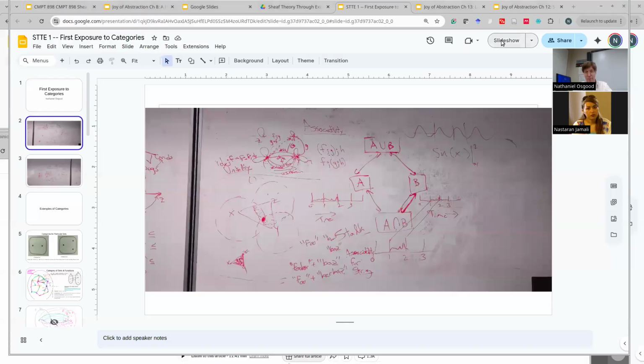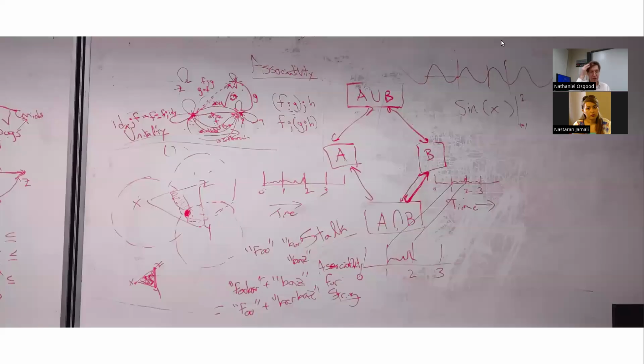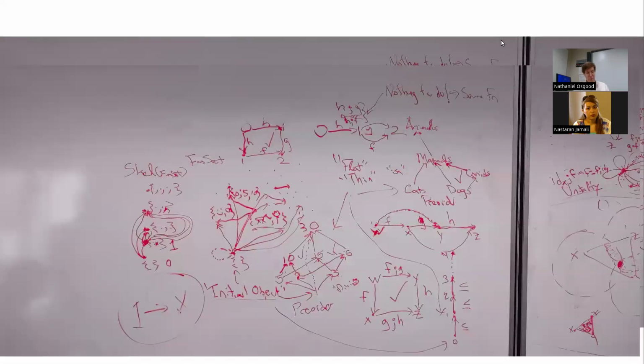And we had placed up on the whiteboard, in a rather impromptu fashion, a set of examples of categories, which illustrated their basic elements of definition: the presence of objects, the presence of morphisms, the ability to encode structure by specifying